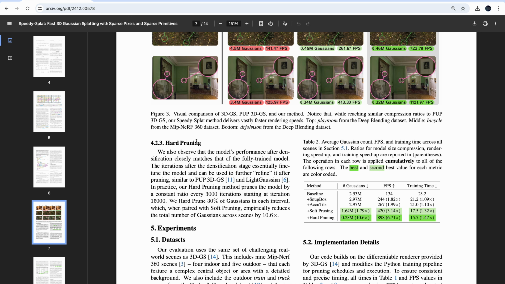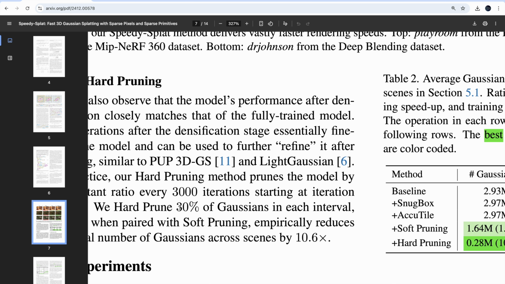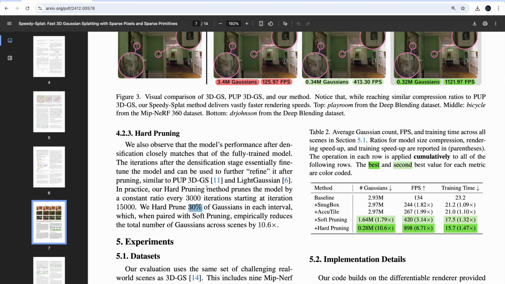And then there is what they call hard pruning. After the first 15k iterations, they keep pruning. Every 3k iterations, they remove 30% of the Gaussians. Because there is no more densification, the number of Gaussians cannot grow anymore. Let's say that you remove Gaussians in some important areas, you will have difficulties to add Gaussians back there, because there is no more densification, okay? So I believe that's why they call it hard pruning. Every 3k iterations, you remove 30% of the Gaussians, so that's kind of exponential decay. That's really destroying a lot, let's call it extreme. It's removing a lot of Gaussians, and that's why you have a very high